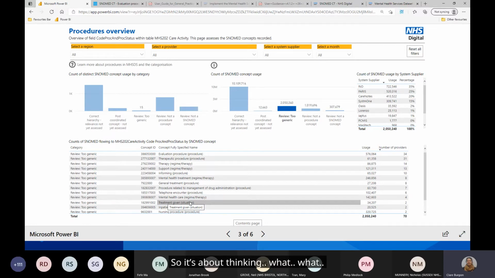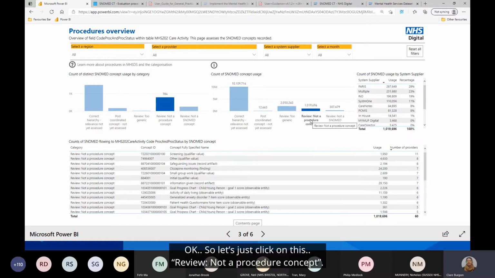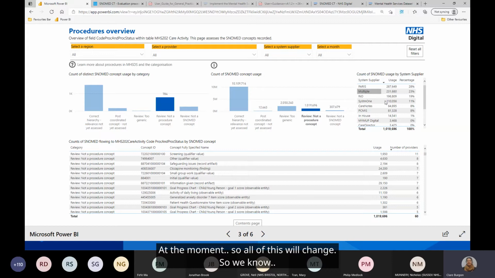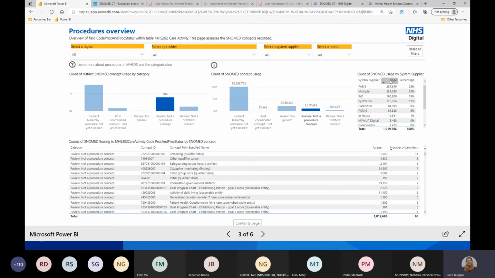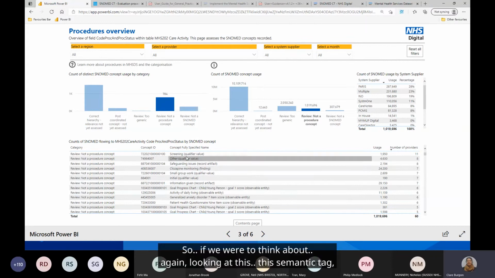So it's about thinking, for these too generic ones, what more granular things can be used. Okay, so let's just click on this "not a procedure" concept. At the moment, all of this will change. So we know these system suppliers are giving us some of these things. So if we were to think about, again, looking at this